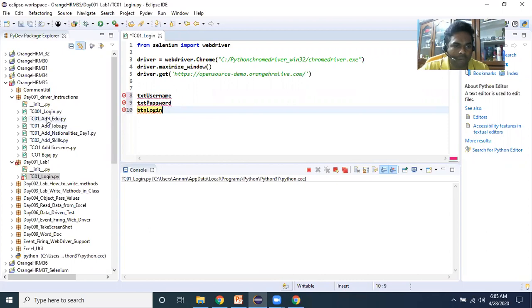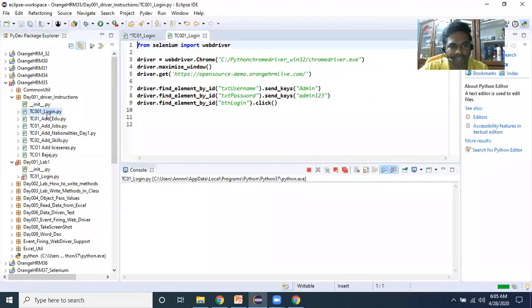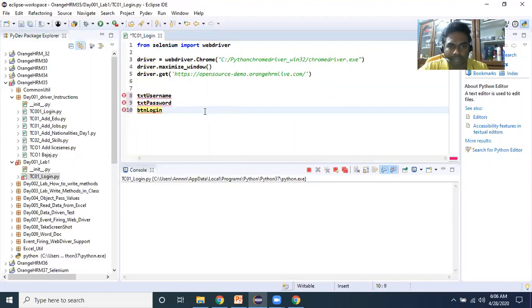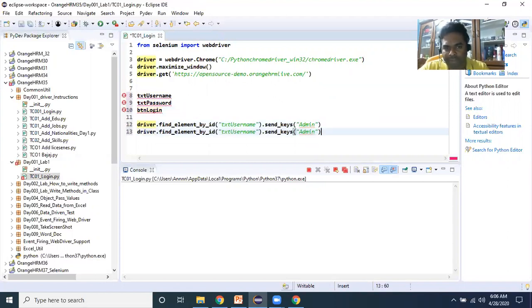Now I want to write a few more driver instructions. I'm copying one line from the previous program showing how to write a driver instruction, Control C, and I want to write enter username, enter password, and click on login button.